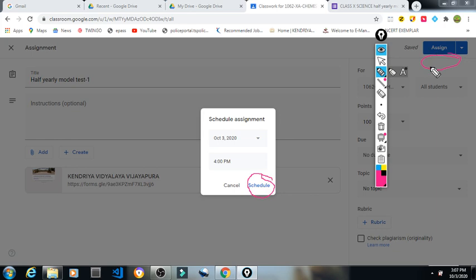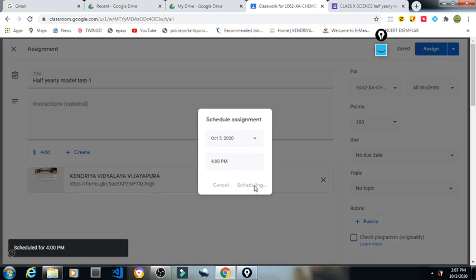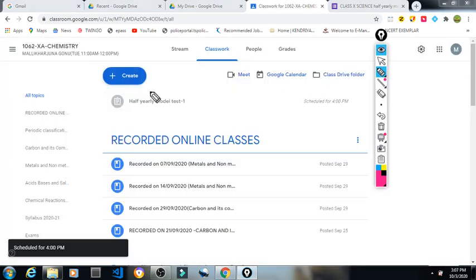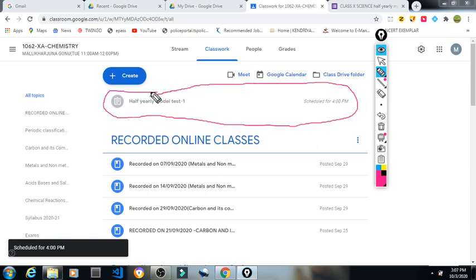If you click the assign here, then again that will be assigned, and students will see what questions you have given in that question paper. So you have to take care of that one. So I have scheduled this one, that is scheduling. You can see here, this is draft, it is not active now. That means students cannot see it in active mode, the form cannot be seen. After 4 o'clock only they can see.